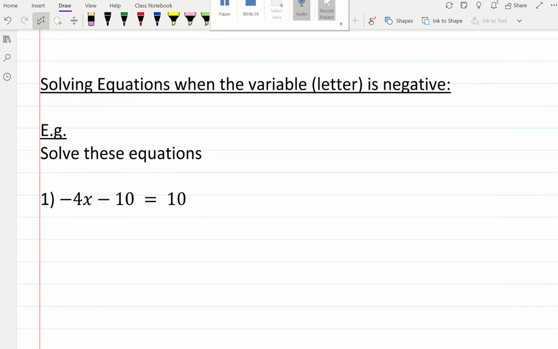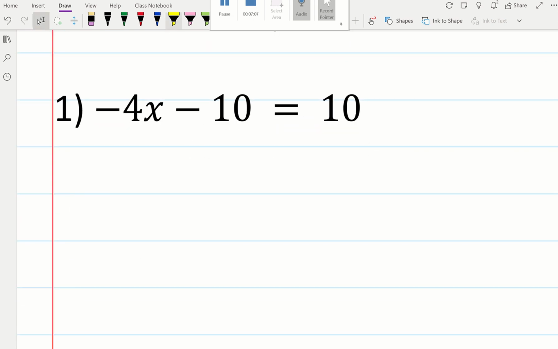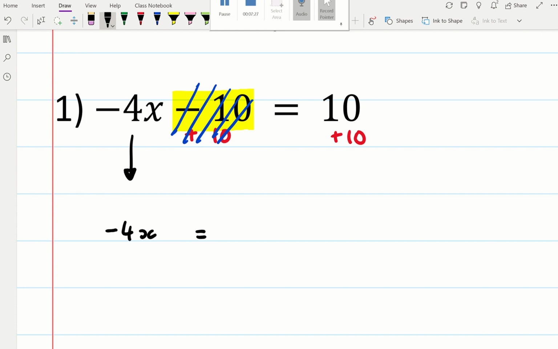Now these equations are very similar, except that the number that you're multiplying x by is a negative number. It's a negative 4 times x. But I still focus on the number that doesn't have an x, that isn't being multiplied by x. And I do the opposite of that number. Plus 10, plus 10. They cancel. They give me a 0. They're gone. And now I'm left with not a 4x, but a negative 4x equals 10 plus 10, which is